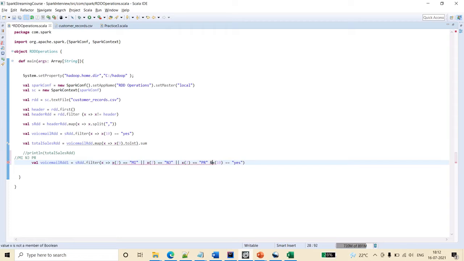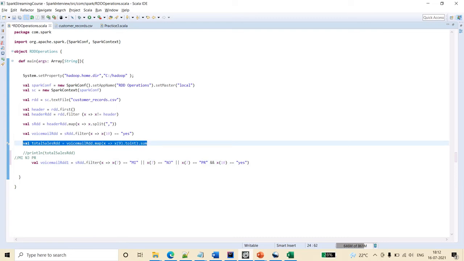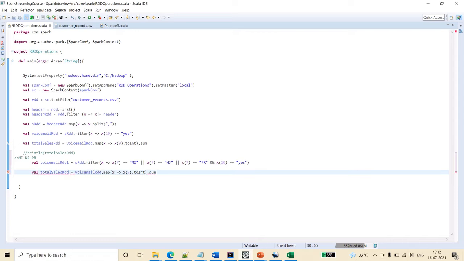And here we have to give the AND, because we want the customers from these states and also whose voicemail is active. So this is the filter condition. Now again get the total sales RDD. So total sales RDD is this voicemail RDD.